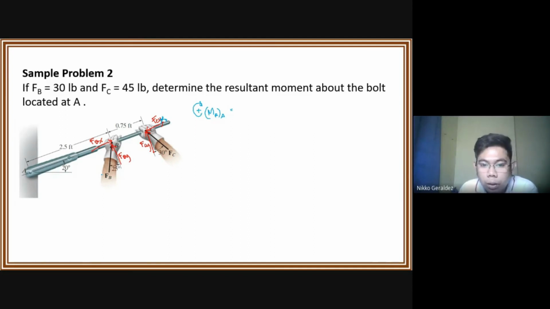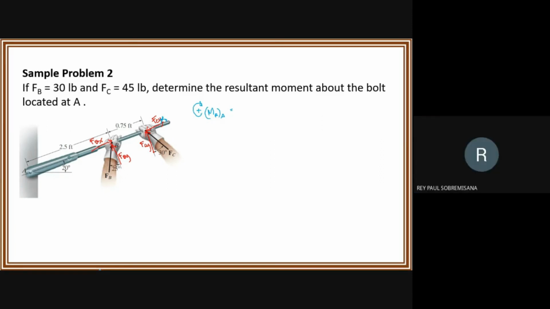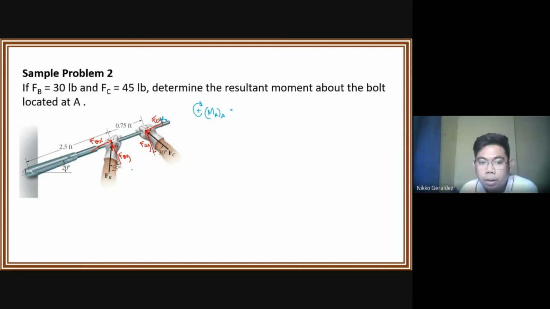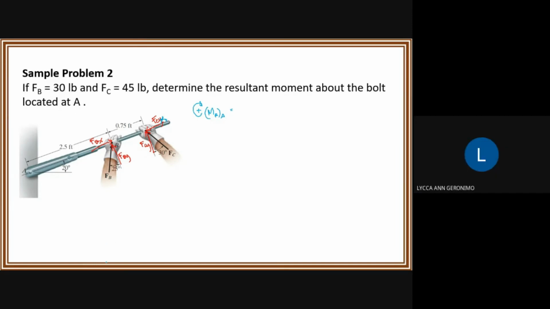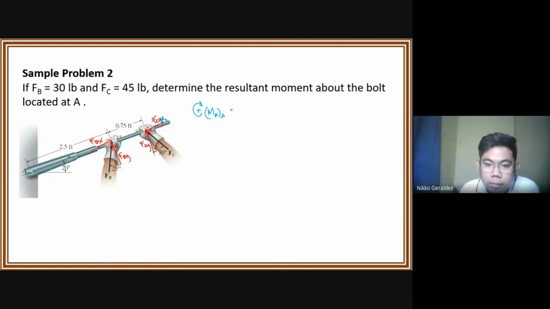So, ano yung direction ng moment produced by FBY? Clockwise, counterclockwise? Counter po. So, counterclockwise. So, that is negative. So, negative 30 pounds times